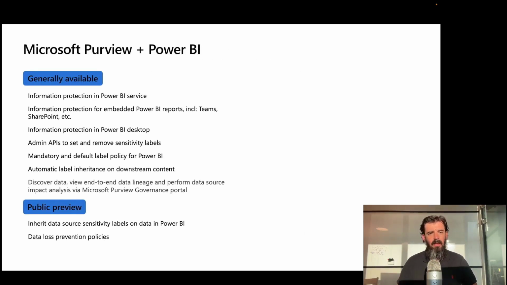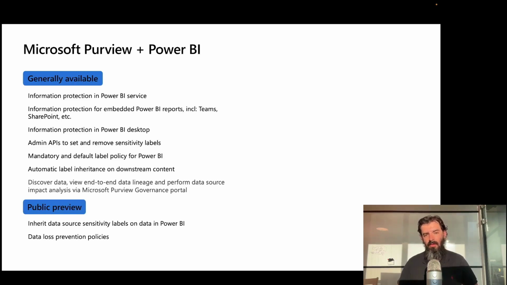Power BI has quite a lot of capabilities supported as part of integration with information protection and Microsoft Purview in general. You can check them out online or in other sessions that we have in this conference. To summarize a few of the most important ones: information protection in the Power BI service and in Power BI Desktop, admin APIs to bulk apply sensitivity labels on all the content in your Power BI tenant,